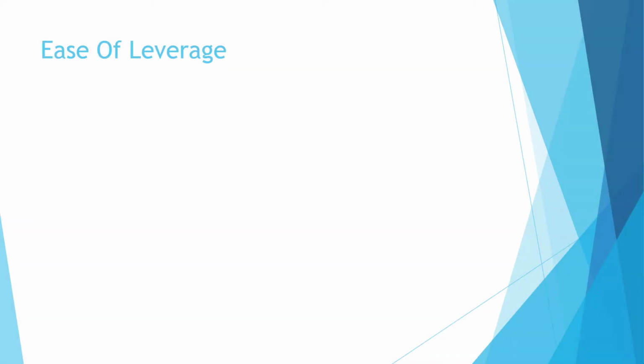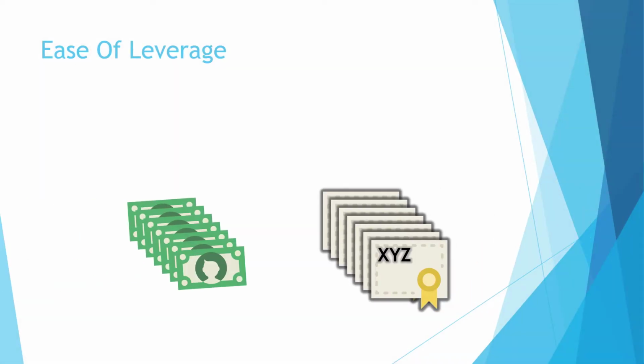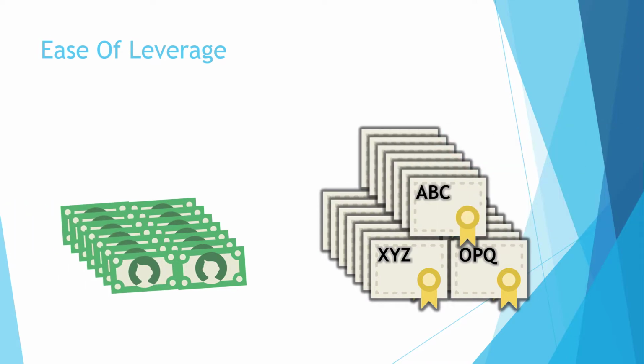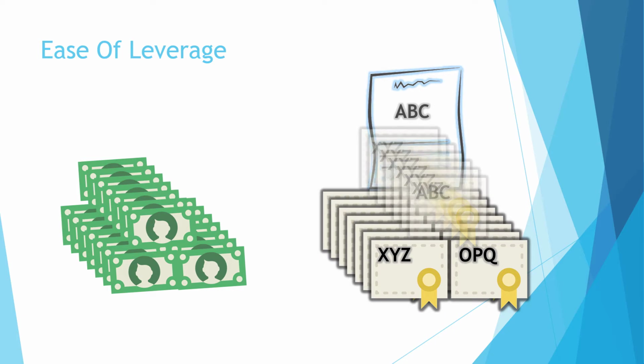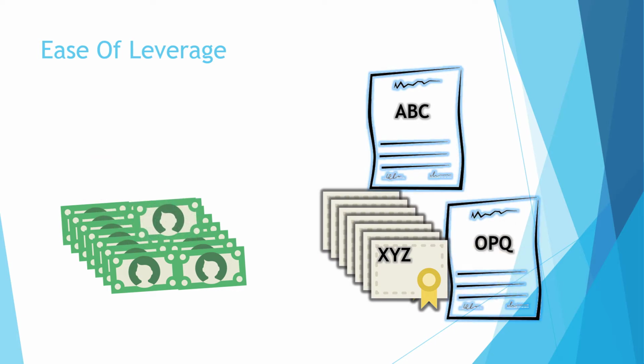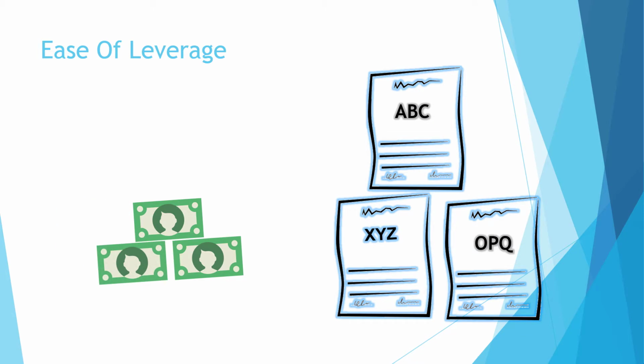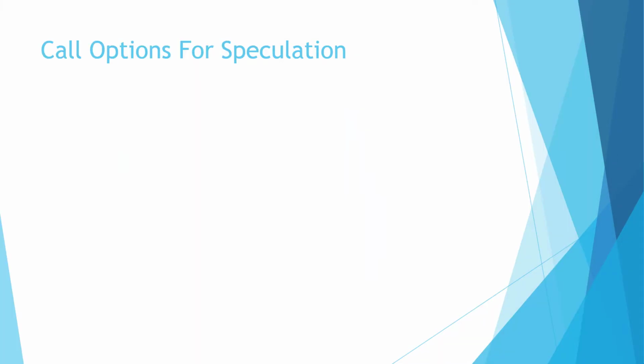Investing by owning stocks can tie up a lot of money, and the more businesses you want to invest in, the more capital it ties up. With the introduction of options, people can hold a single contract with significant notional value at just a fractional cost of the actual investment. The ease of leveraging makes options contracts ideal for speculation because it significantly amplifies the risk and return. So, how can an individual take advantage of call options contracts for speculation?